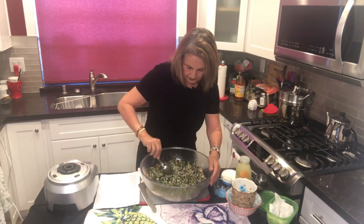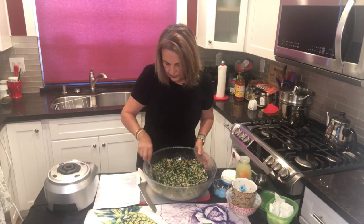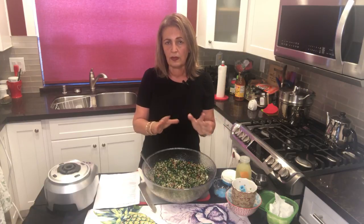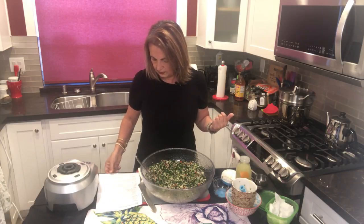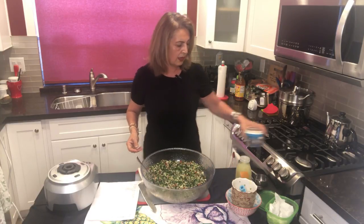And now, okay, so now the dressing, I just do fresh lime juice. And traditionally, even when you're making regular tabbouli, they do add the lime juice, or you could add lemon juice. You could add either or. It's not going to make or break it. But they do add olive oil in here. They will add some salt, which I'm not adding. And they do add some fresh ground pepper, which we can add as well. And that's it. But what I do is I start with about a half a cup of fresh lime juice